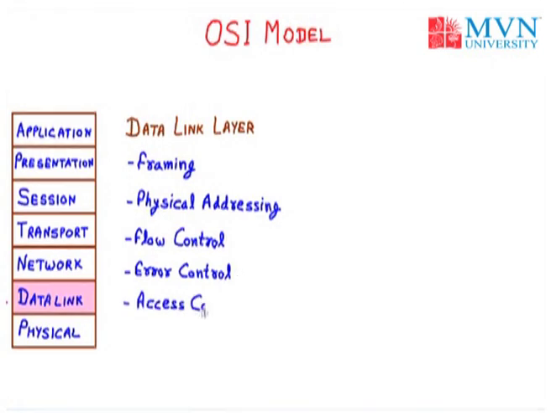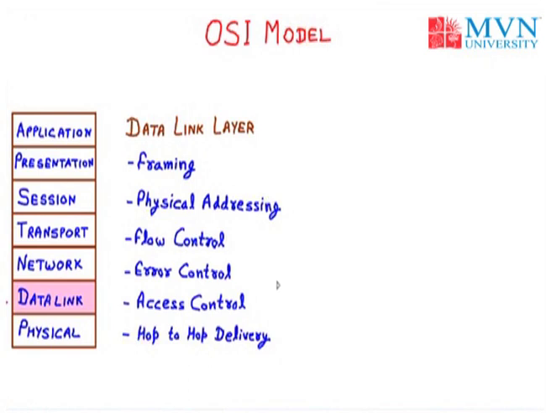Next one, we have access control. Access control is a feature of data link layer which provides the authentication and the authorization to particular users, so that what data we can send, and which access we have over the data, is provided by the data link layer. Then we have the hop-to-hop delivery. Hop-to-hop delivery means, for example, we have a particular sender and a particular receiver, and router network elements in the middle between them. We are not sending the data directly from the source to the destination. We first send to the router, then to the next router, then from the next router to the destination. That is called hop-to-hop delivery.